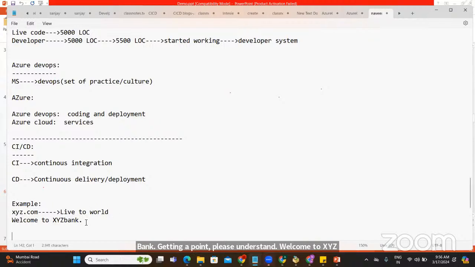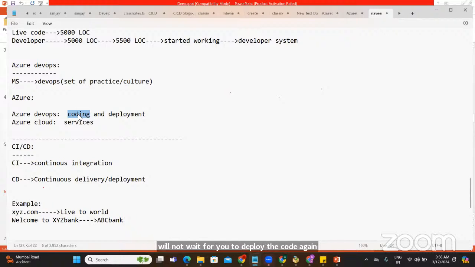Now, due to some requirement, the name XYZ Bank has changed to ABC Bank. Welcome to XYZ Bank, and the name has changed to ABC Bank. CI/CD means that as soon as the coding guys change the code, they will not wait for you to deploy the code again.